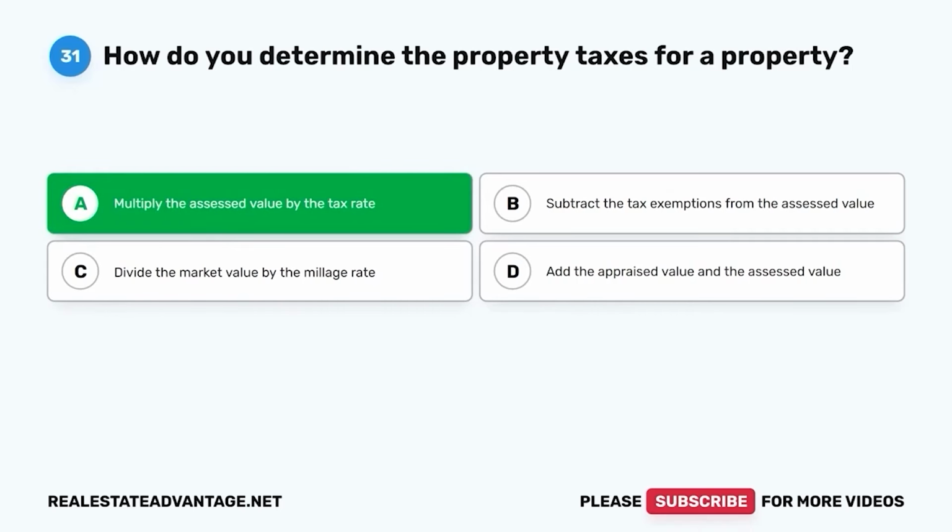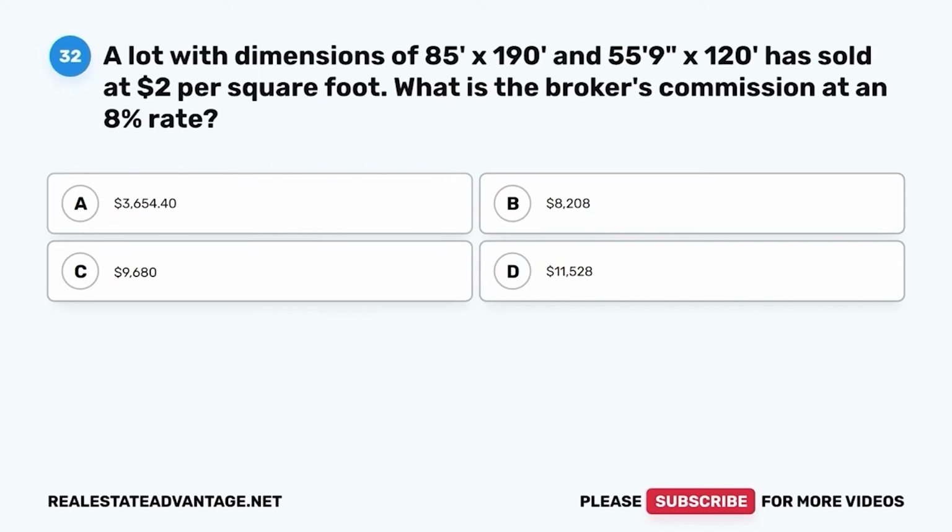Question 32. A lot with dimensions of 85 feet by 190 feet and 55 feet 9 inches by 120 feet has sold at $2 per square foot. What is the broker's commission at an 8% rate? A, $3,654.40. B, $8,208. C, $9,680. D, $11,528. The correct answer is A,